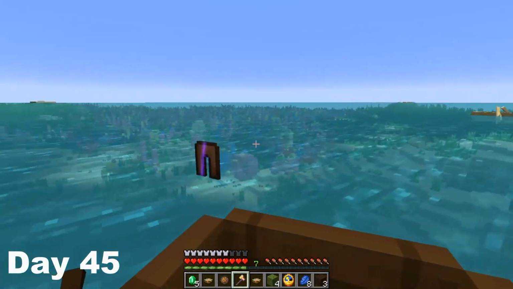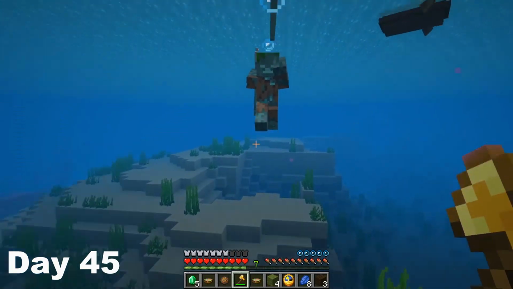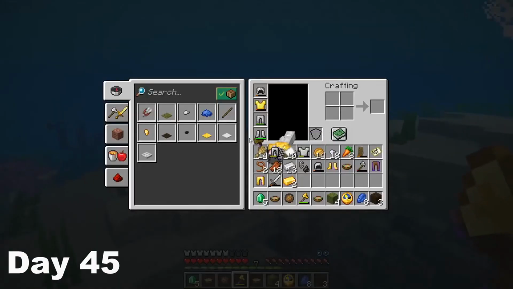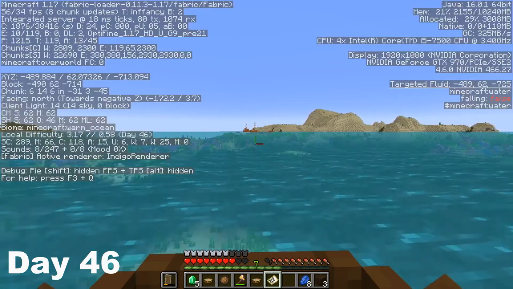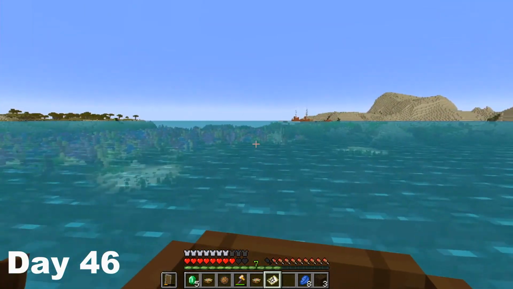After doing a couple of laps round the scene of the travesty, I just wanted to make sure I've got everything, and then we found this drowned, and you'll never guess what he dropped. He dropped this trident. Now, at first, I didn't actually notice it in my inventory, but I noticed it later on in my inventory, and then we spotted this floating structure off in the distance, and I got so